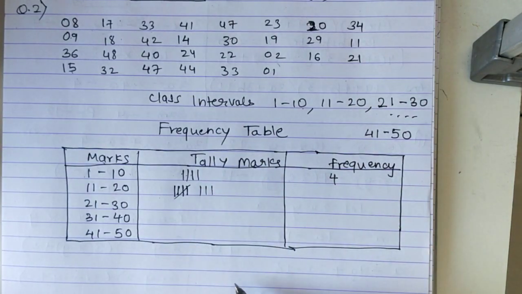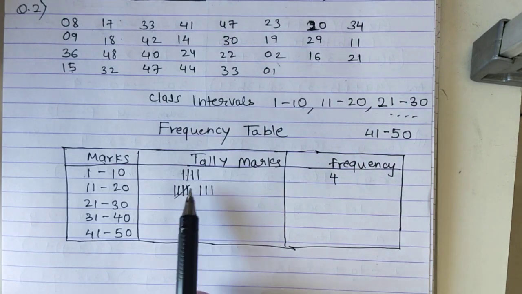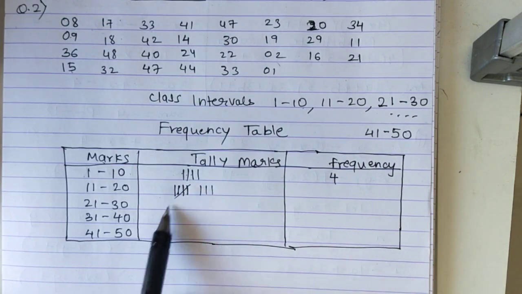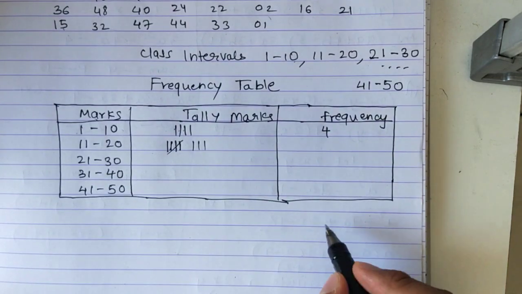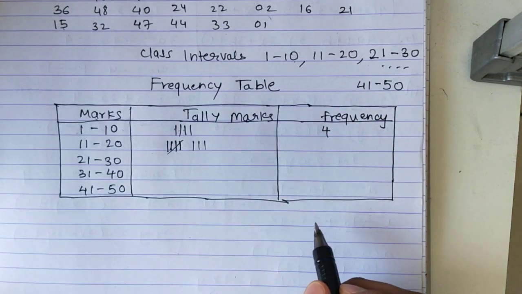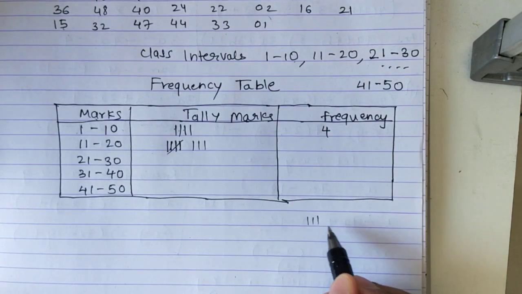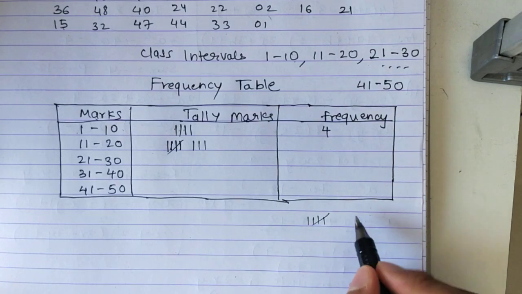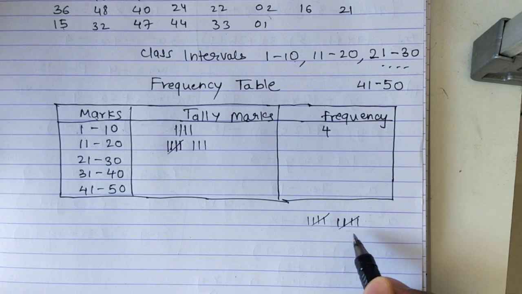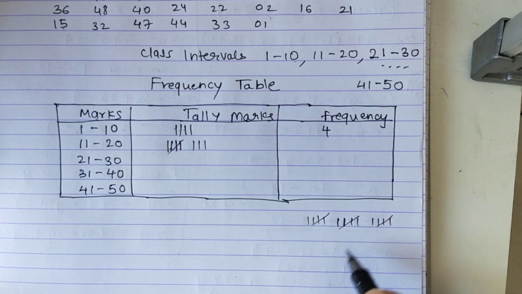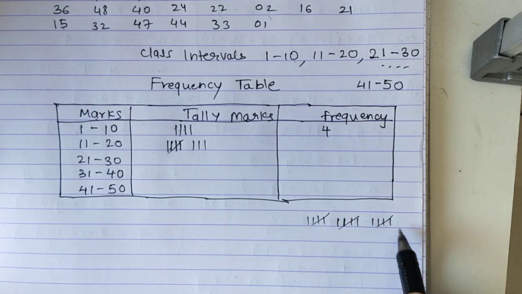3. Okay, so why is the 5th line drawn like this? So that the calculation becomes easy. Okay, for example, let's say I'm counting some numbers. So 1, 2, 3, 4, the 5th one I draw like this. 5, 6, 7, 8, 9, 10, 11, 12, 13, 14, 15. When I do it like this, I make bundles of 5. So the calculation becomes easy.